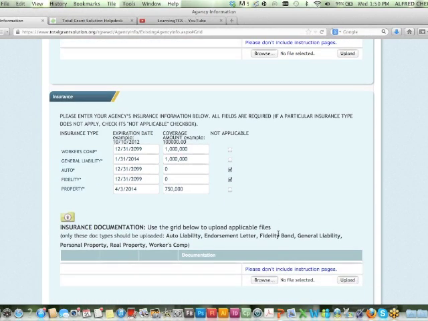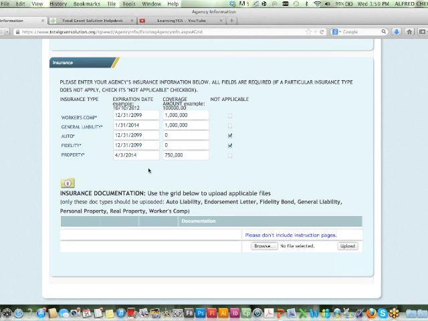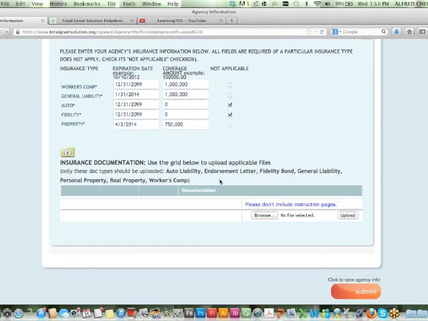The next section is the insurance area. As we all know, when you become a grant recipient, you're required to provide a certain level of insurance, and this is where you'll be inputting the insurance information, when it expires, with the coverage that is required by OEWD in this case. And the next section is where you can upload your proof of insurance into the system. And the system also utilizes this information to help OEWD in reviewing